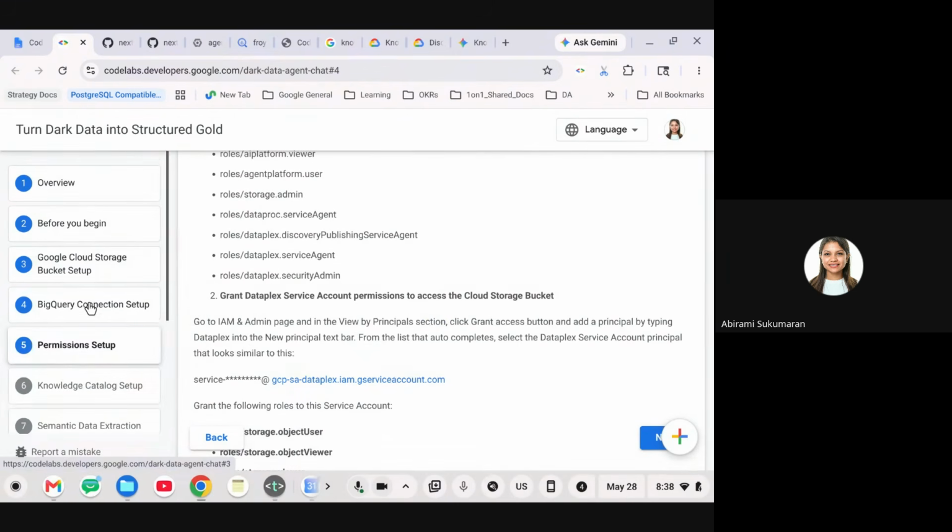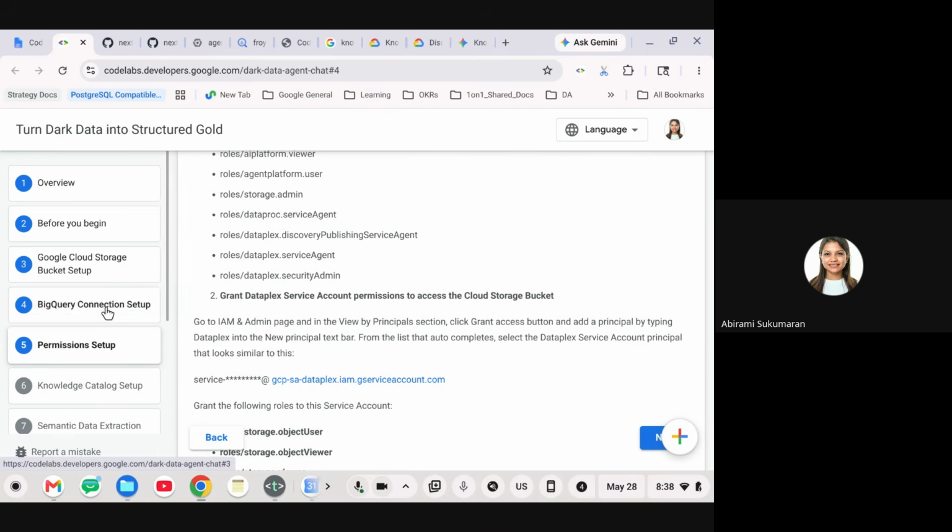So far, we have understood our use case, what we are going to do, and what the technology behind it is. We have completed the before you begin step, which is just creating a project in this case and opening the Cloud Shell terminal. We haven't done anything else hands-on. What I have demonstrated to you is the cloud storage bucket, where all of the 400 files are present, and the BigQuery connection setup. We need this connection setup so that Knowledge Catalog and BigQuery can talk to each other. So those four things are set up.